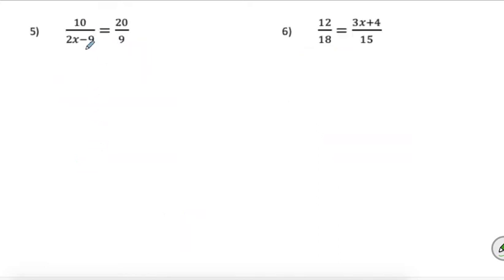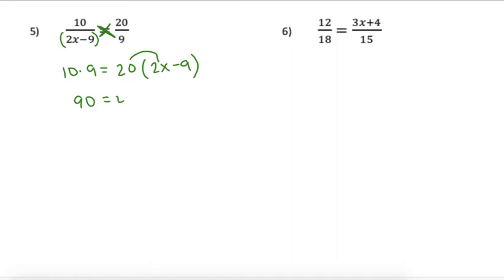Okay, on number 5, parentheses around anything that's not an individual value. 10 times 9 here, and 20 times the quantity 2x minus 9. 9 times 10, again, our goal is to distribute and combine where we can on each side. So I'm going to distribute